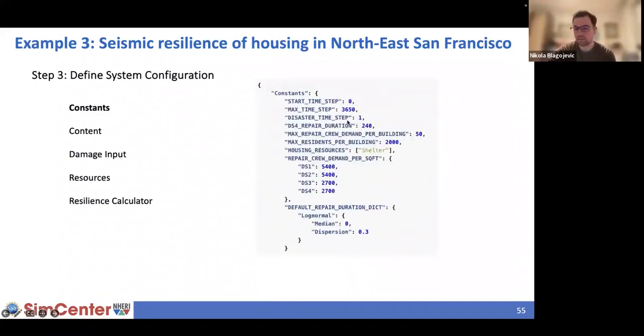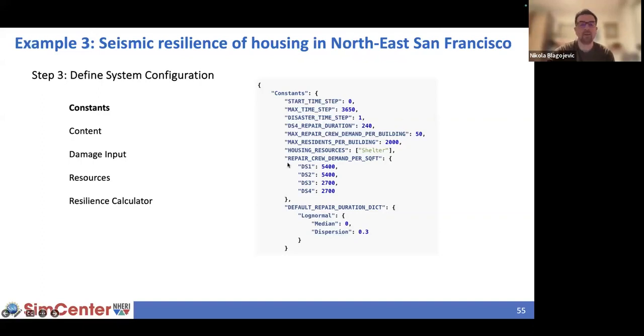Constants, we still have these same three constants defining our recovery time steps. And then there are a couple of constants which need to be added in addition to what the R2D tool provides. We need the DS4 repair duration. This is something that was missing in previous versions of R2D. It might be updated now. And then you also define the maximum repair crews per building, the maximum residents per building, because what was happening to me is that there are some very big buildings in this exposure data set. I was getting a really high number of people populating a single building, so I just limited this in this constants